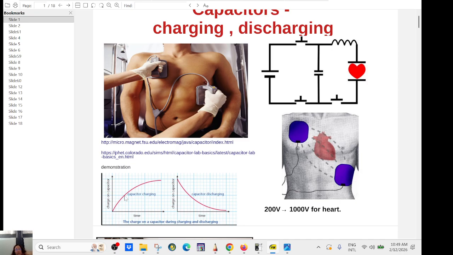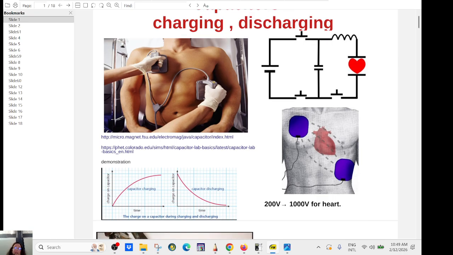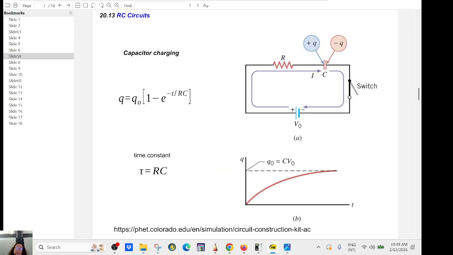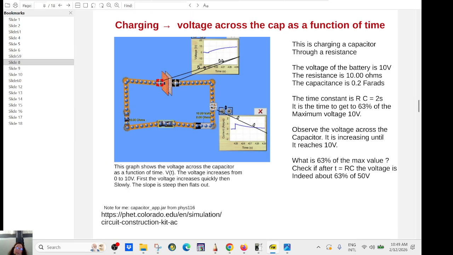You charge the capacitor and you discharge the capacitor. So you see, this is an exponential decay. For the heart, you need to use an energy of 200 volt to 1000 volt. So 2000 volt is like 200 EV per electron. Okay, so you have a lot of application. So we will skip